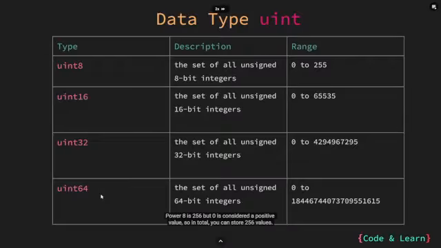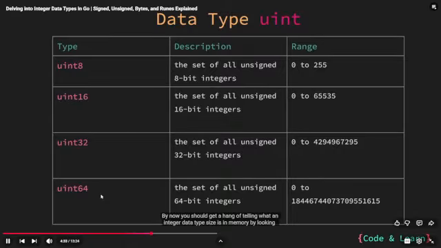Actually, 2 raised to power 8 is 256, but 0 is considered a positive value, so in total you can store 256 values. Similarly, we have unsigned int 16, unsigned int 32, unsigned int 64, which use 16, 32, and 64 bits of memory to store the values. The range is in the column on the right. By now, you should get a hang of telling what an integer data type